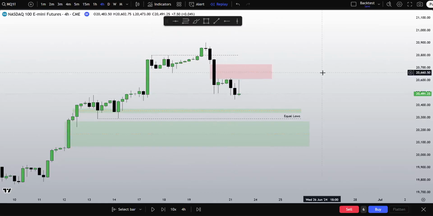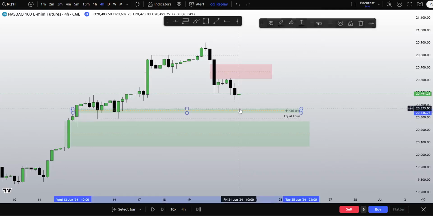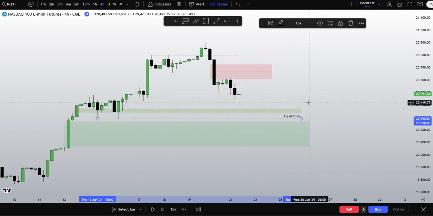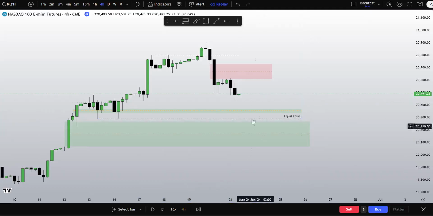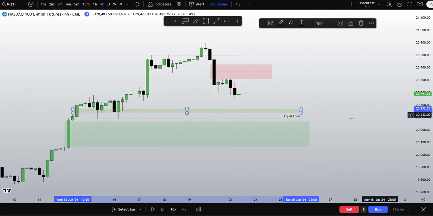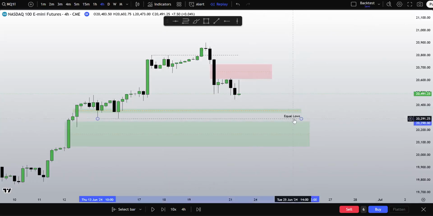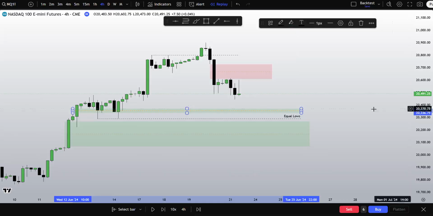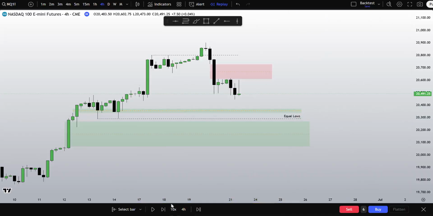So what do you think is most likely to happen at this point? At this point, we're most likely going to see this imbalance tapped into, and ideally, those equal lows. That's what I would like to see happen. I'd like to see us tap into here at 23.72, disrespect this PD array, and 22.90. So I would likely look to take partials if I was in a short, partials at the 23.72 level, and then target those equal lows.